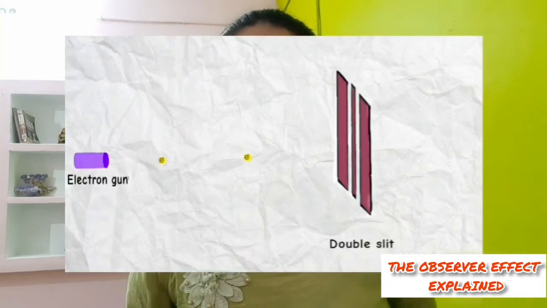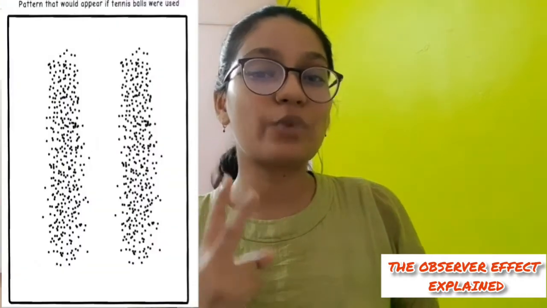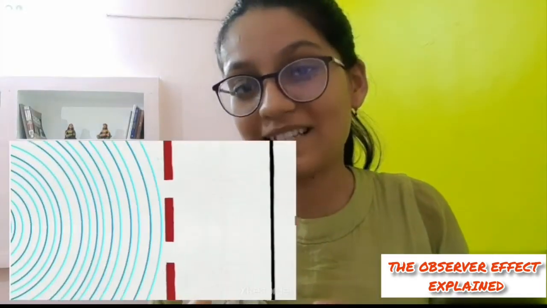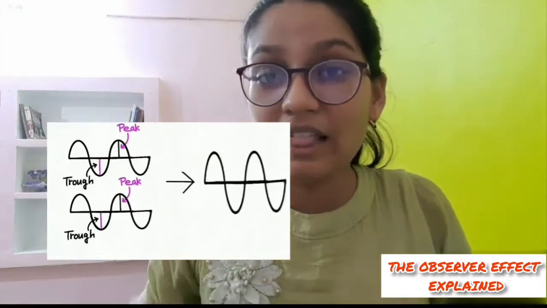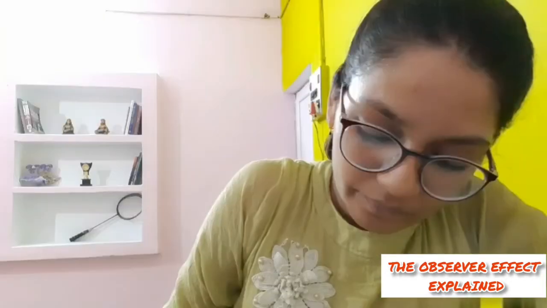When electrons were fired one at a time through a double slit, a pattern was obtained on the screen. But instead of getting two straight bands as expected, we got this. This pattern is produced when a wave crosses the two slits and creates two new waves, which interfere with each other. When two peaks or two valleys meet, the length of the wave increases, forming the bright spots. But when a peak meets a valley, no wave is formed, hence the dark spots.